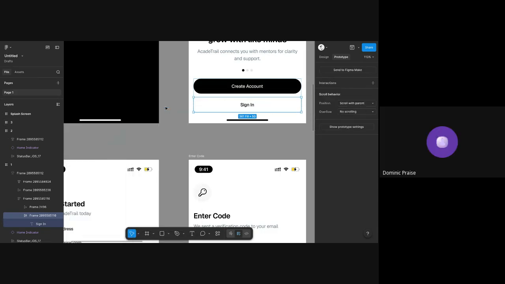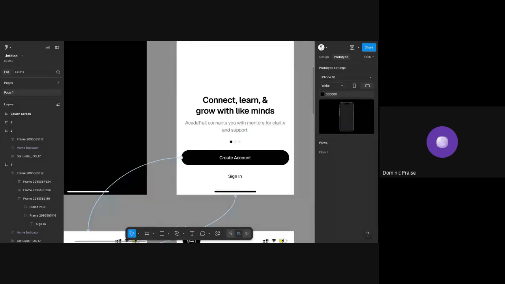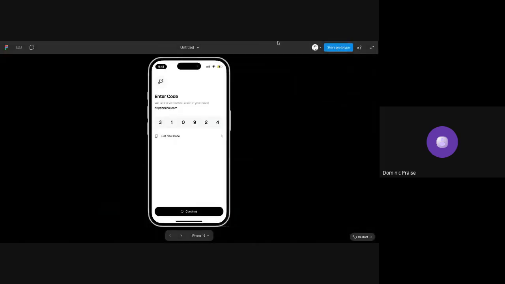Oh yes, for you to get feedback, you just need to share a link. The same way you share a link to your Figma file, you just share a link to your prototype file. If you want to view how your prototype is, you click on